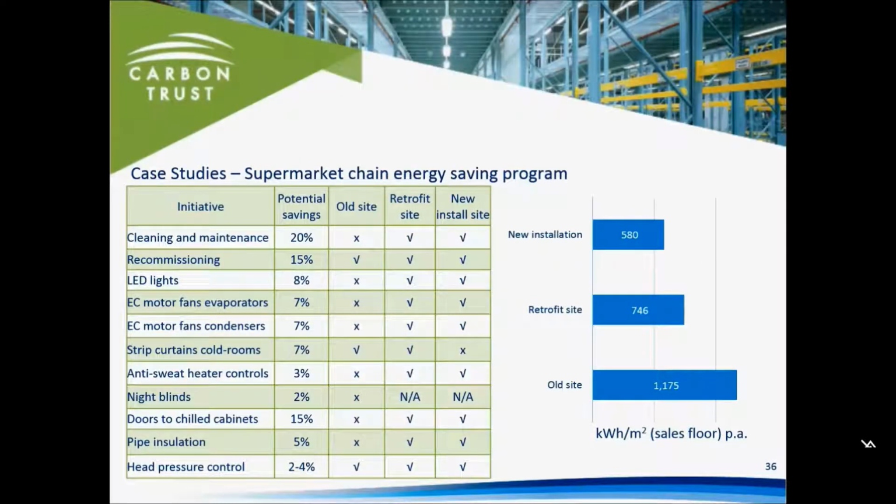Some case studies. Just for some context, this is a large supermarket chain that we've worked with, and it demonstrates what they have achieved in some of their small, medium convenience stores. You can see for an older site, the kilowatt hours per square meter is significantly higher than one of their newer refurbished sites. So you can see there the actions that they've taken on some of the new sites and